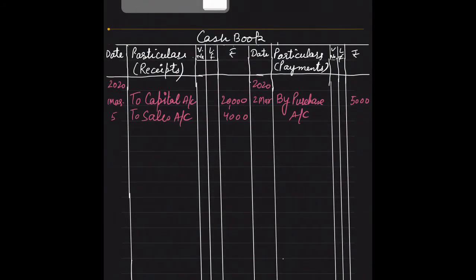Cash is going out. In the debit side, we will start our entry with "to", and in the credit side with "by", right? Then by Ravi